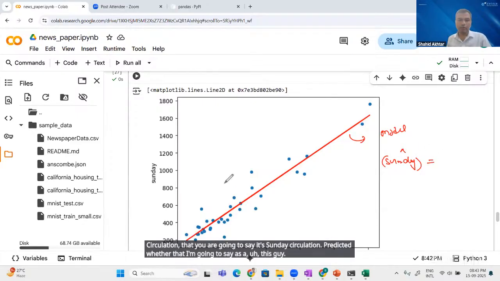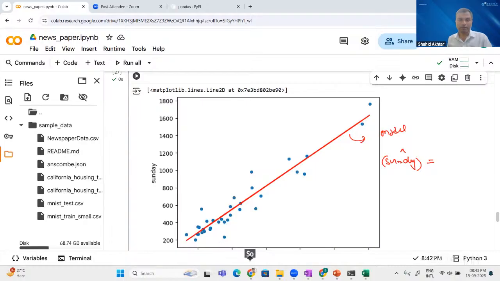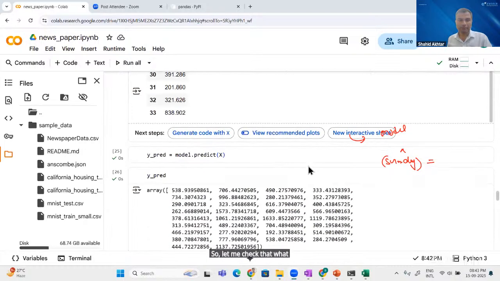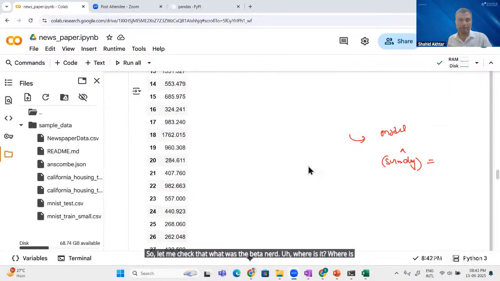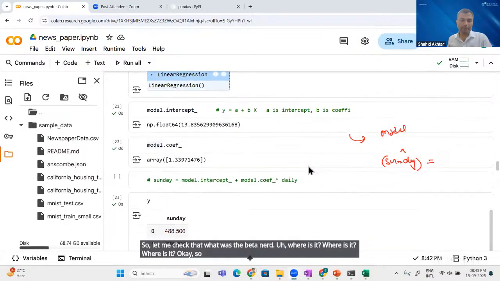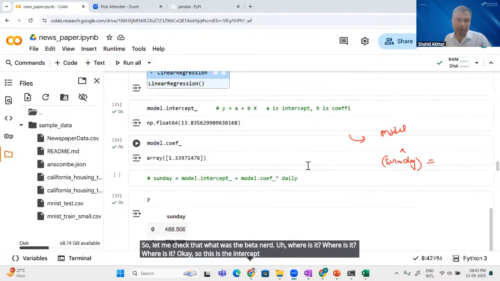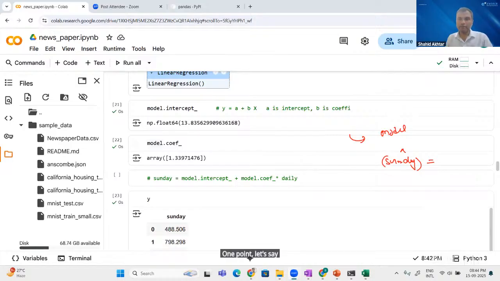Okay, how much you have to find out what was the beta naught. So what was the beta naught? Let me check that. Where is it? Okay, so this is the intercept, the 13.8 and 1.34. Let me write here, beta naught is